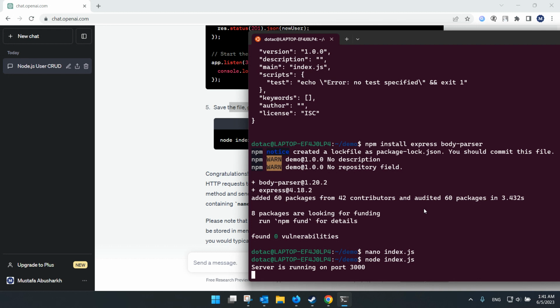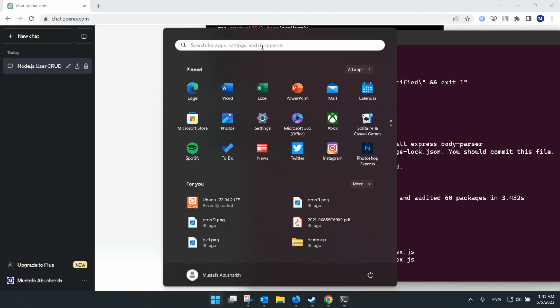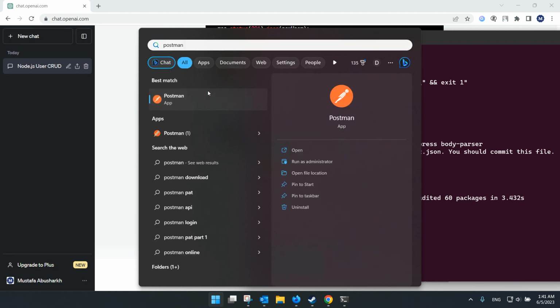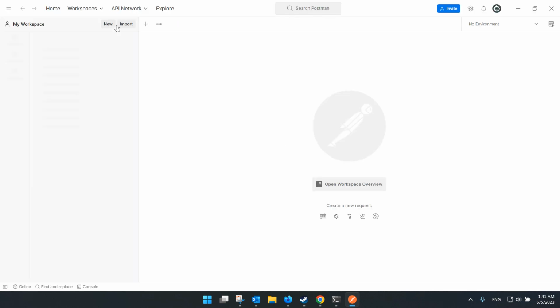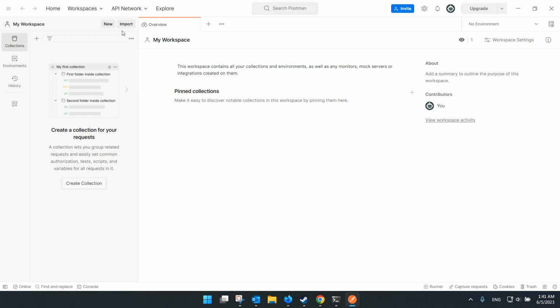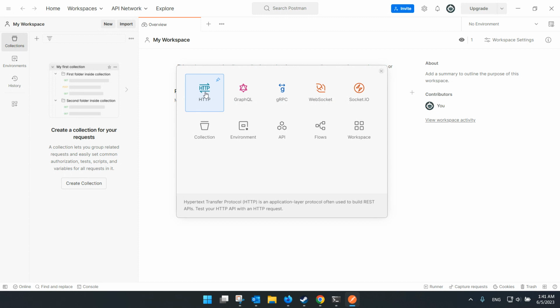Now we need to test our API. Now in the last video, we used Puppeteer to test our browser interaction. But to test the APIs, we're going to use a tool called Postman. I already have that installed. I'll open Postman and I will show you how we can test the endpoints using Postman. So once the Postman page opens, you will see a lot of stuff. But for now, we are going to click the new button on the top left. I will choose HTTP